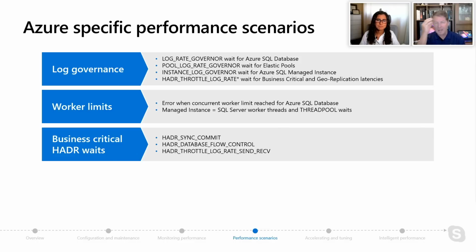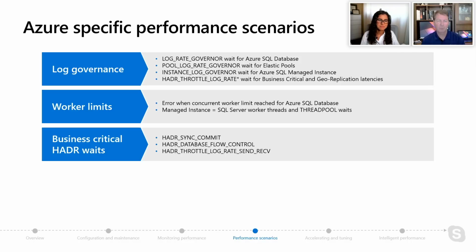Yeah, I'm sorry for interrupting. I was thinking in my head about what I wanted to say next, and I forgot you had asked me about this one. We were building this slide, and I said, Anna, make sure you put in business critical HADR waits. And you said, well, wait a minute. In fact, I think you showed this to a colleague, and they said, well, this is normal. HADR waits are normal for an availability group. And my comment was this: you don't deploy availability groups in Azure SQL. We do that for you. In fact, you don't even know. You just pick business critical. And behind the scenes, we happen to use that technology.